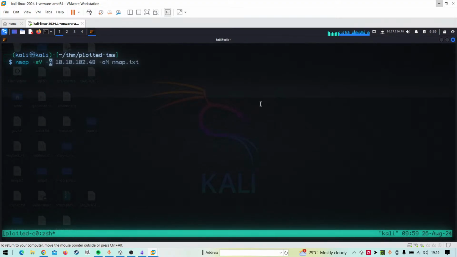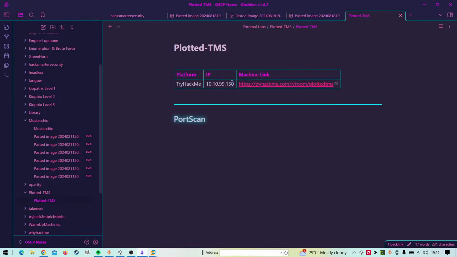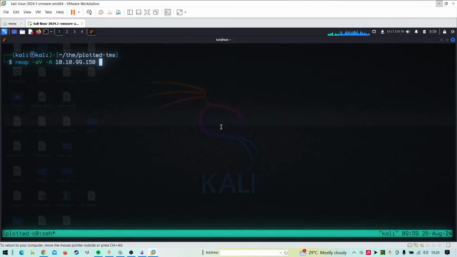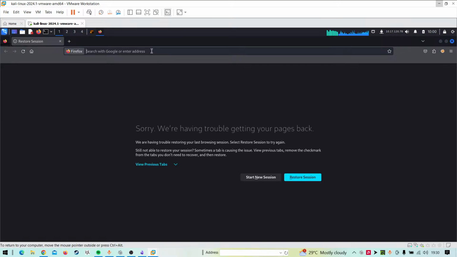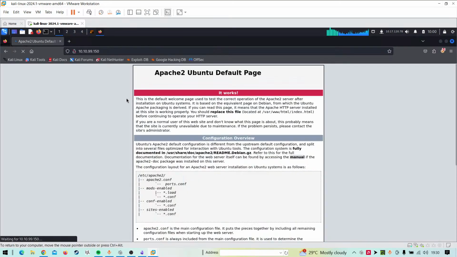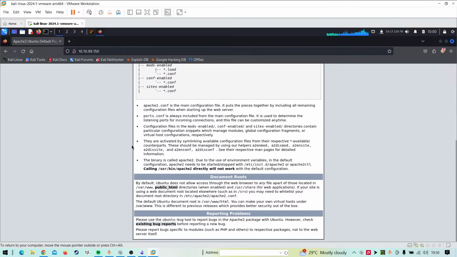We can just do version detection of the ports and a basic script scan. After that, we'll copy the IP and paste it. The output file is not necessary, but for reference, we'll just save it. And while it's scanning the IP, I assume that port 80 has to be open. In most cases, port 80 is always open, right? So let's directly go to port 80, and we have Apache 2 running on an Ubuntu system.